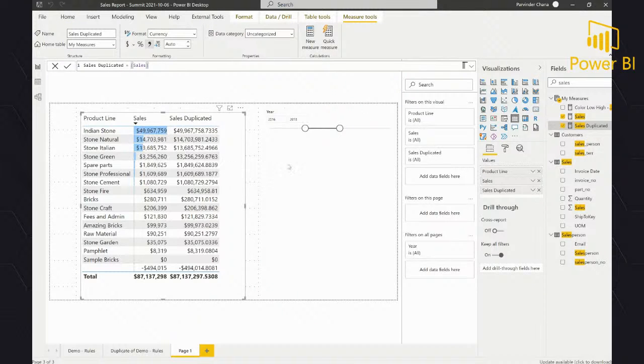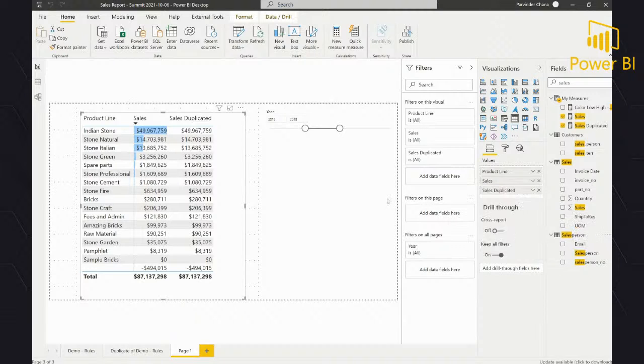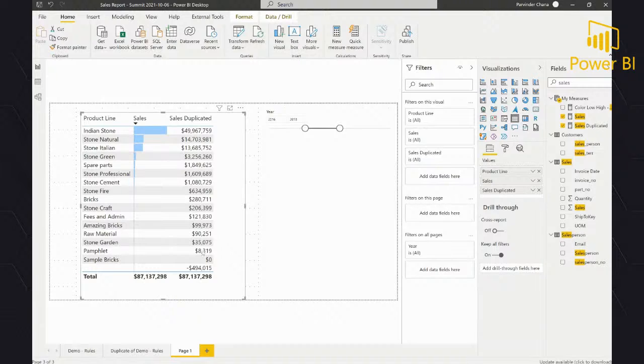Let's make it 0 decimal places, and on the sales data bars, now I can go and show bars only. So now I have the value as a separate column compared to the data bar. So you can use this kind of technique, but you can't have the same measure shown twice. But I can change its name to sales if I wanted to.